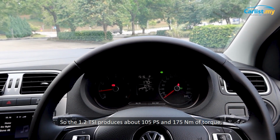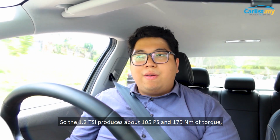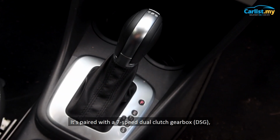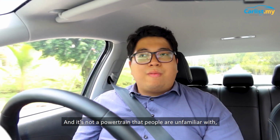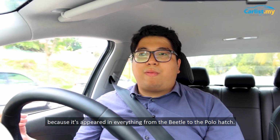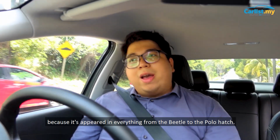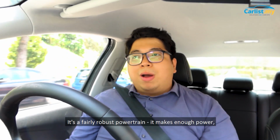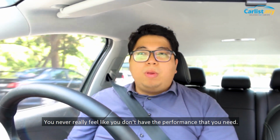So the 1.2 TSI produces about 105 horses and about 175 Newton meters of torque. It's paired with a 7-speed dual clutch gearbox, and it's not a powertrain that people are unfamiliar with because it's appeared in everything from the Beetle to the Polo hatch, and it's a fairly robust powertrain. It makes enough power and it has enough low-end torque that you never really feel like you don't have the